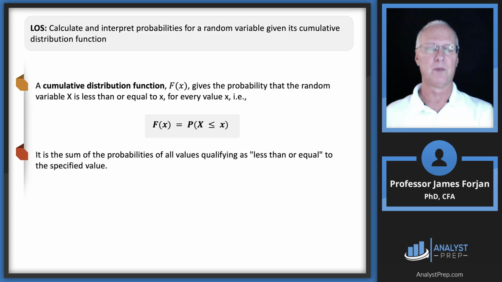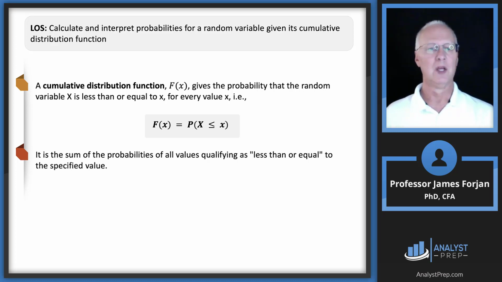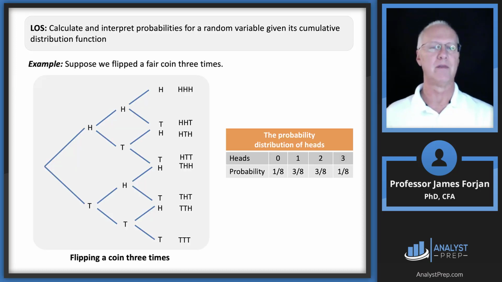What is the probability that the board of directors will announce and declare a dividend that's greater than $1.35, or whatever number I said just a few moments ago? So notice in that second curved arrow point, all values qualifying as less than or equal to the specified value. Now, one of the simplest ways that we can do this is by